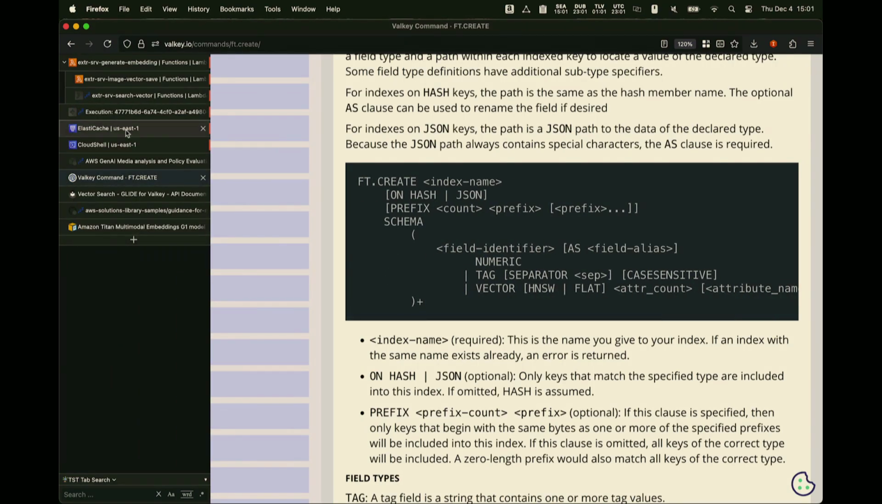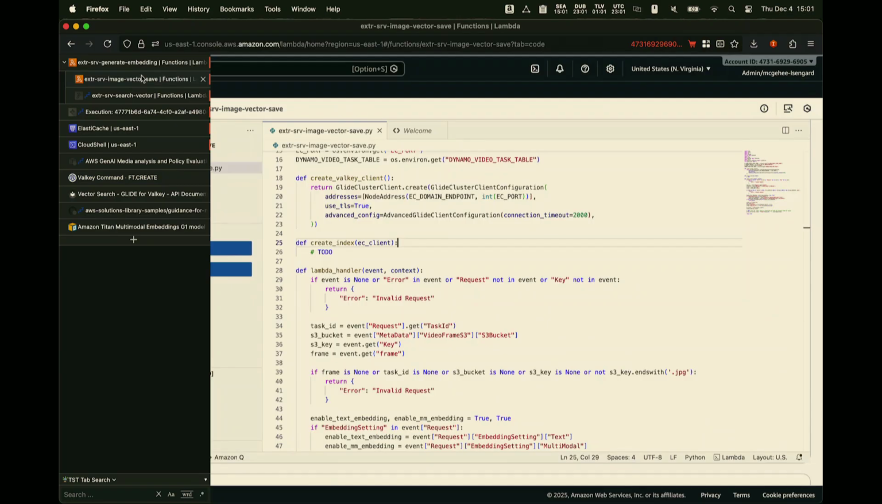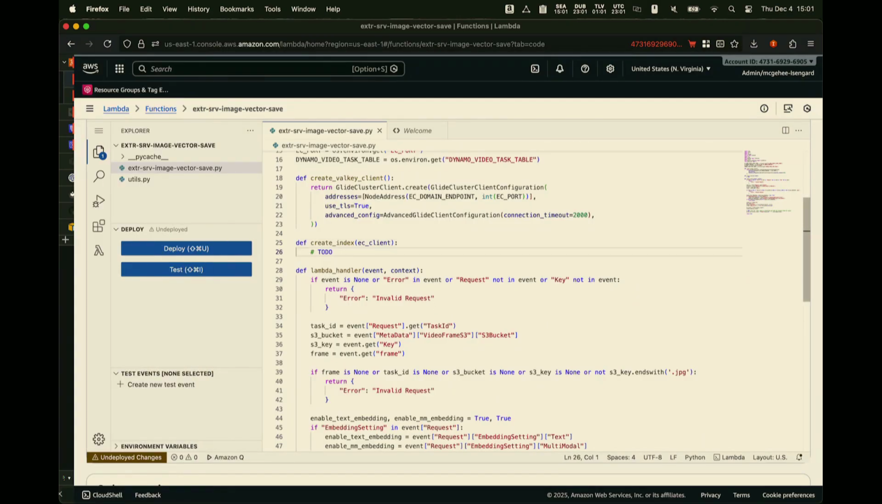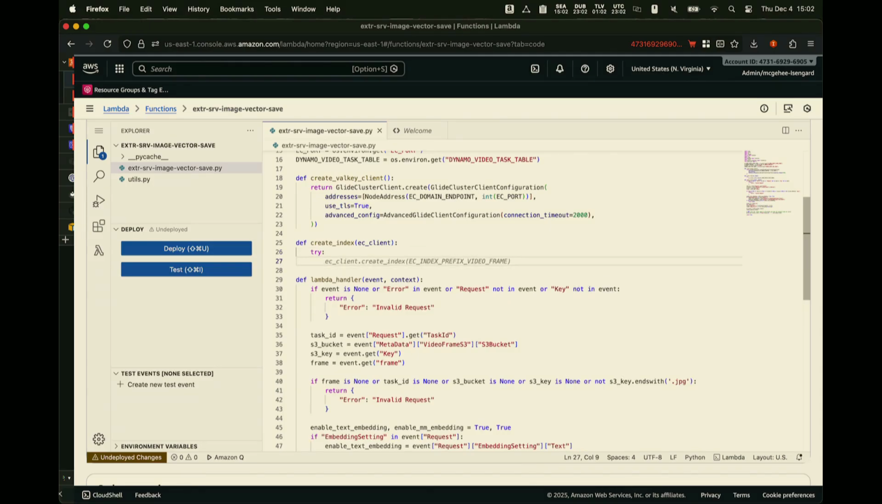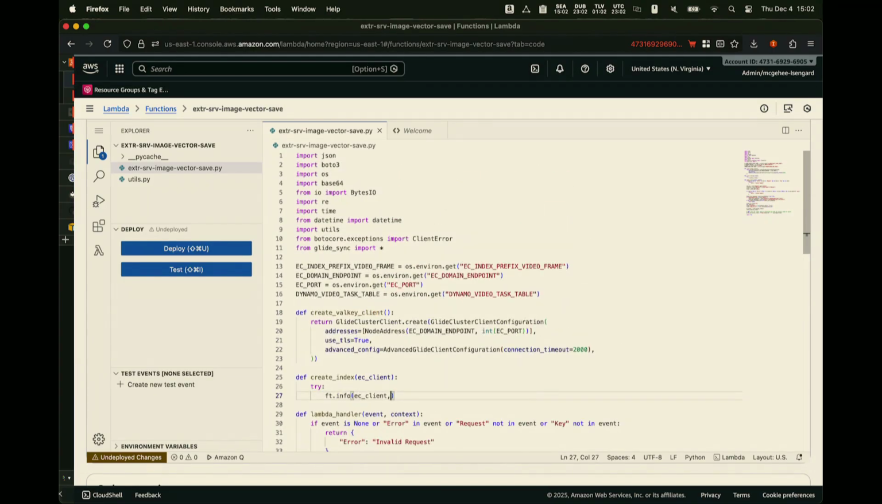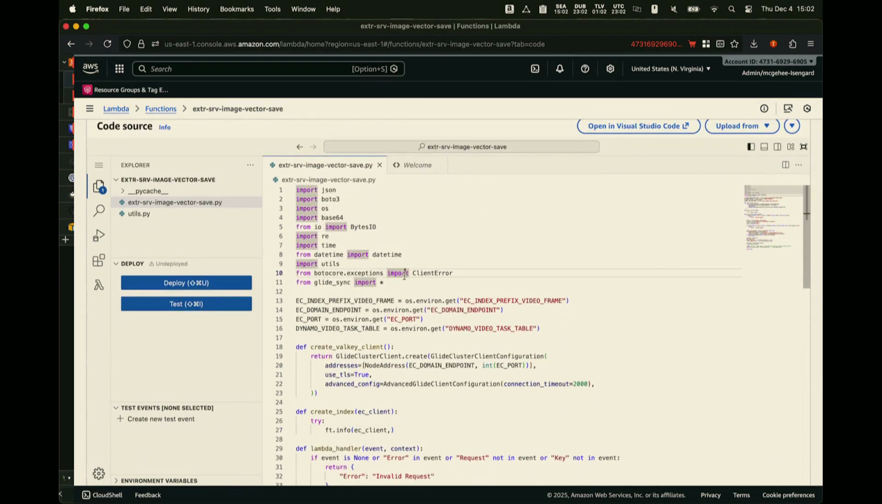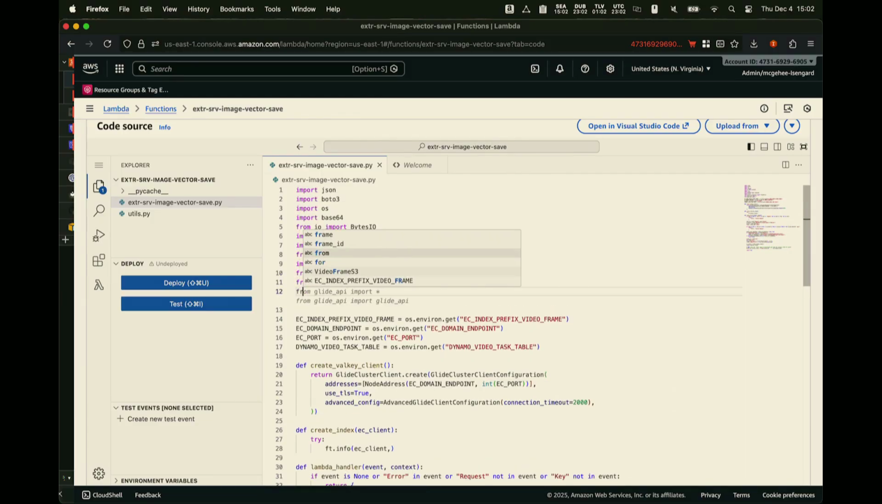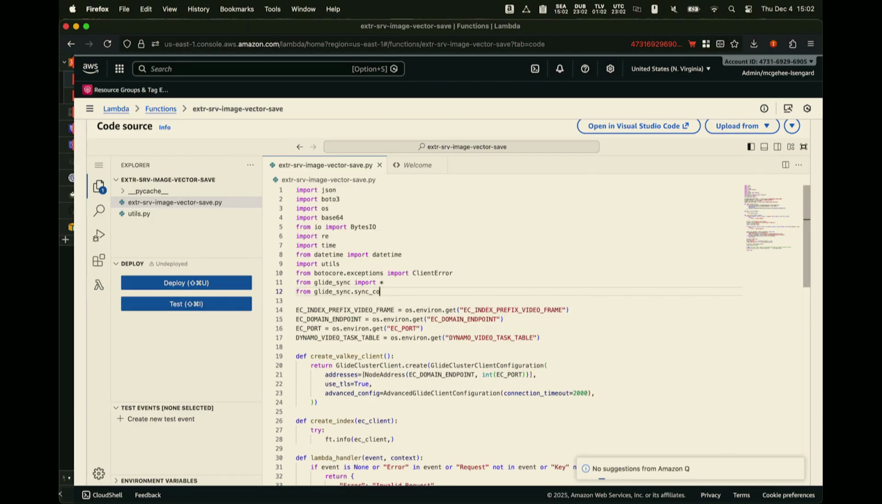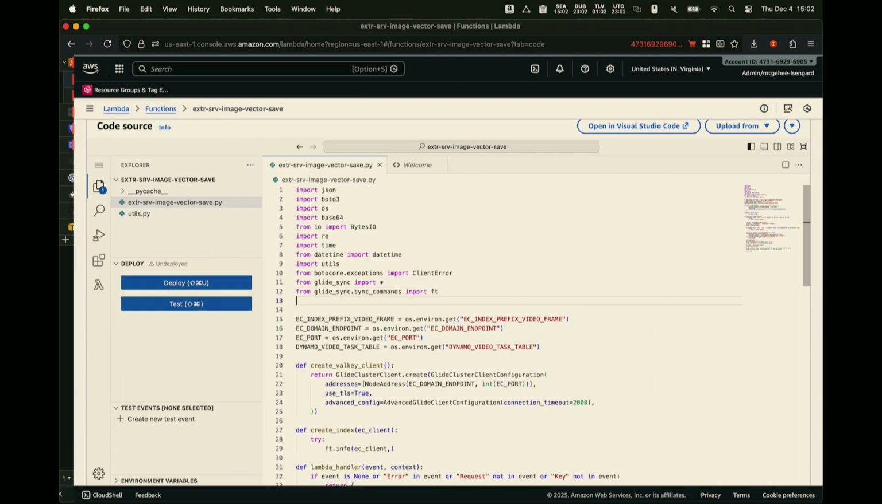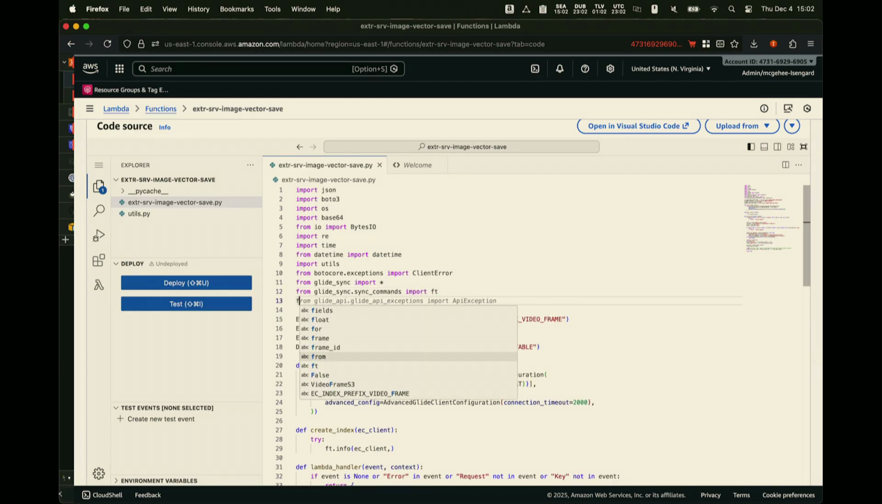We'll do that just to index two different vector fields, one of the text and one of the image, like we had talked about before. So let me go back there. To actually create the index, we only have to create it once, and we could do this manually, but we're going to make it do it as part of the Lambda. In order to do that, we can test to see if it exists first. I would need to import all of my full text stuff, so that doesn't come in the glide sync. Those are separate commands. So from glide sync.sync commands, we'll import ft to interact with the VSS module, and then